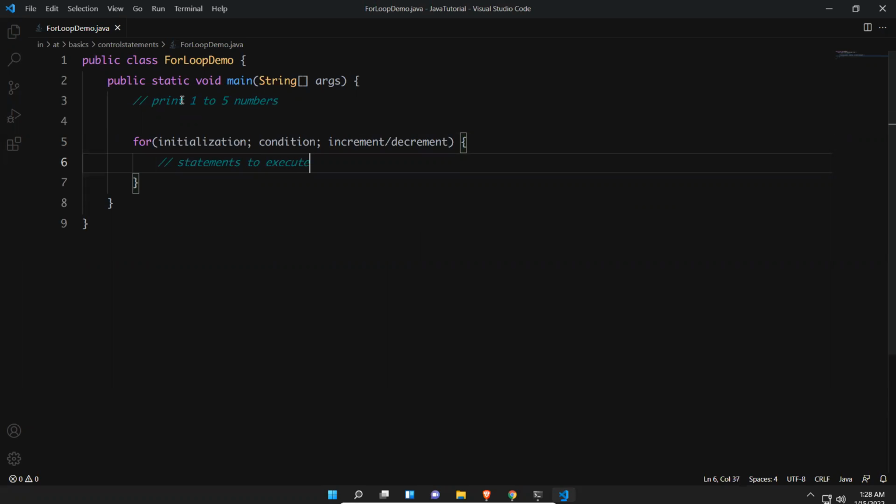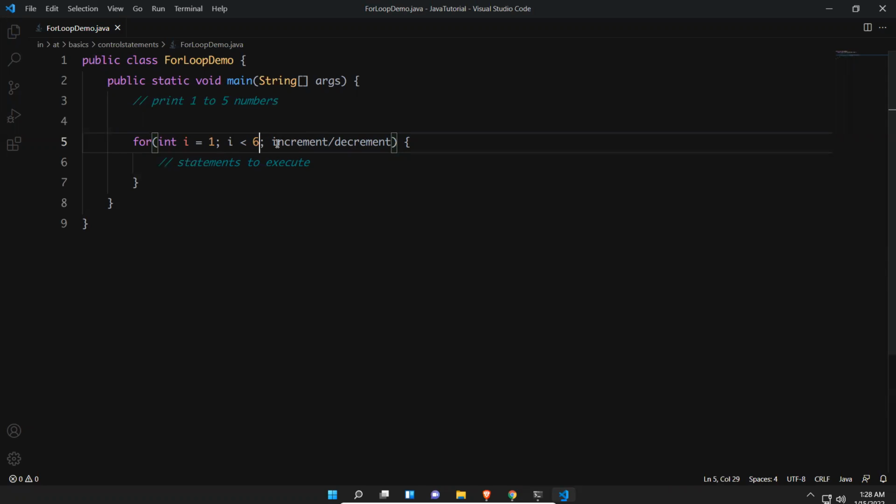This is how I will do the initialization: int i equals 1. Normally we'll write int i is equal to 1, and the same way I'm doing it inside this for loop. There is a condition: i less than 6. If i is less than 6 only, you continue.